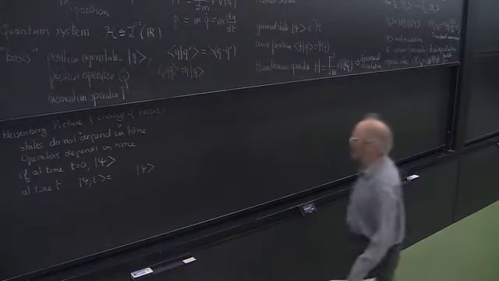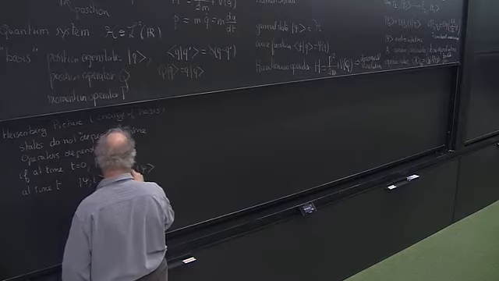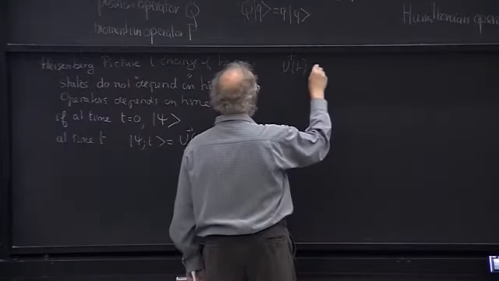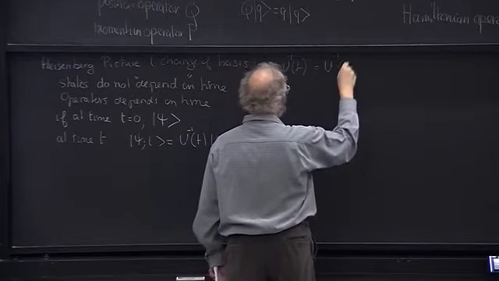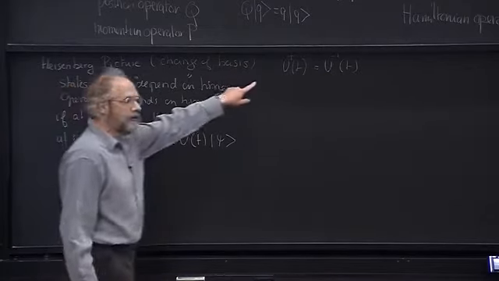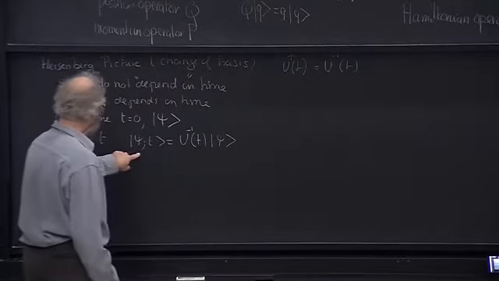the evolution by its conjugate, or its inverse. Remember, since u is unitary, u of t, u dagger of t is u minus 1 of t. So this is the inverse, but this is also the Hermitian conjugate. So you see that with this definition,